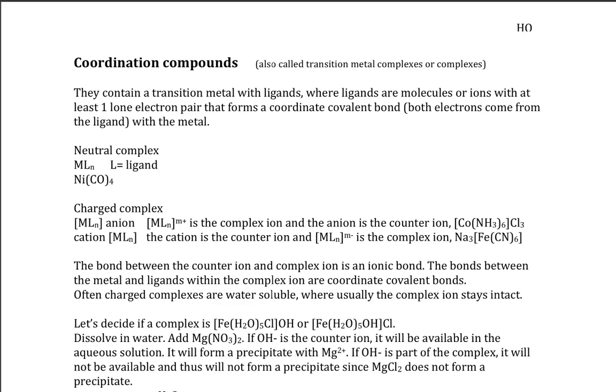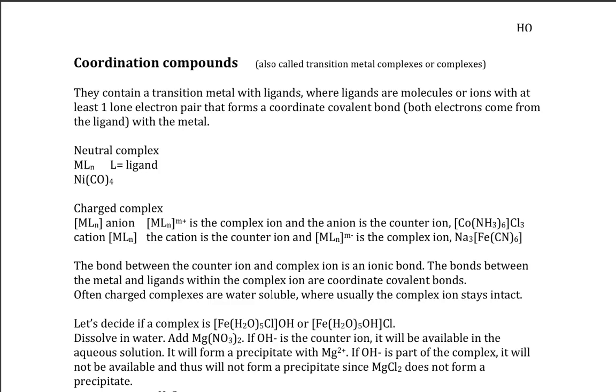We can also have charged complexes where the complex is an anion. An example of that we could symbolize in general as cation, [MLn]. The cation is the counter ion. It could be sodium, potassium, etc. And [MLn] with a minus charge is the complex ion. So an example of this kind of a charged complex where the complex is an anion is